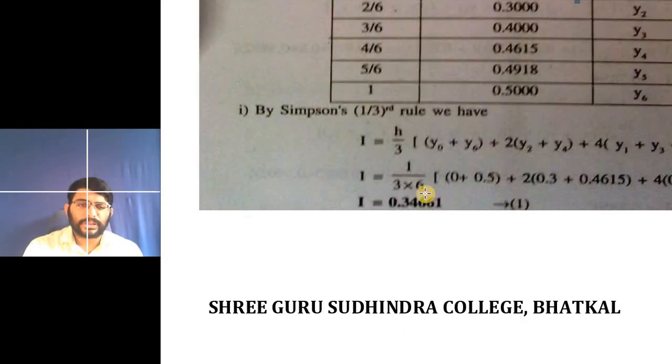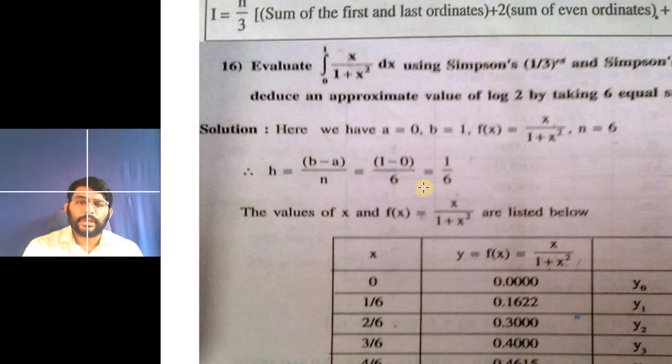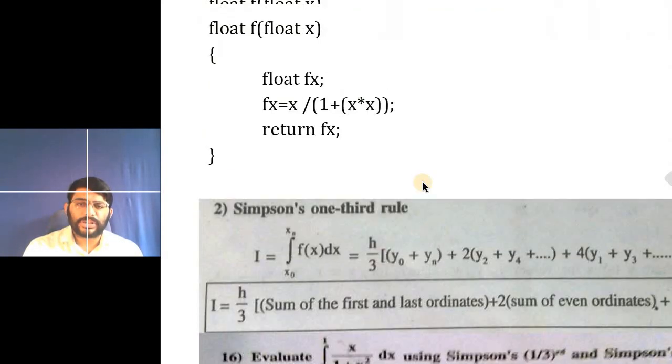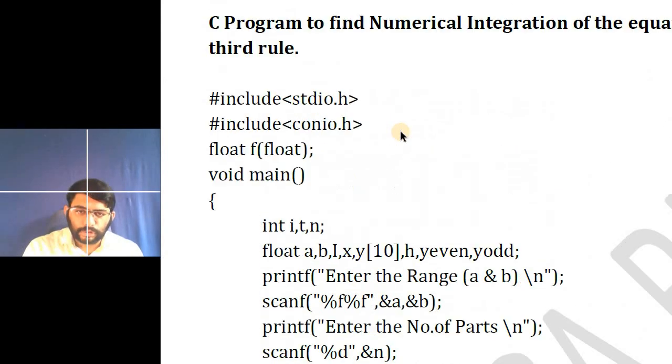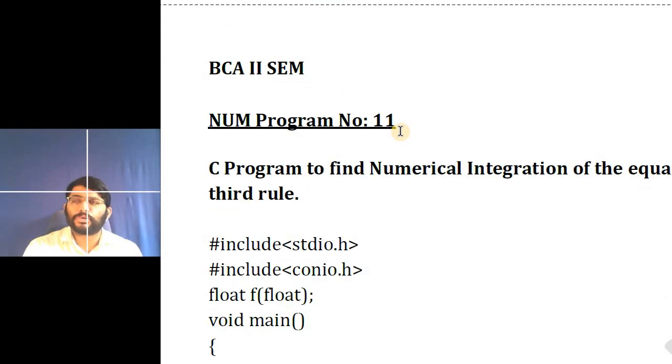And for Simpson's 1/3 rule, the base is the trapezoidal rule. So this is program number 11, but before you go through program number 11, you should go through program number 10. Try to understand the trapezoidal rule. There are 3 concepts here: program number 10, 11 and 12. Trapezoidal rule, Simpson's 1/3 rule and 3/8 rule. All 3 are interlinked. In all the 3 programs, around 85 to 90% of the concepts are the same.